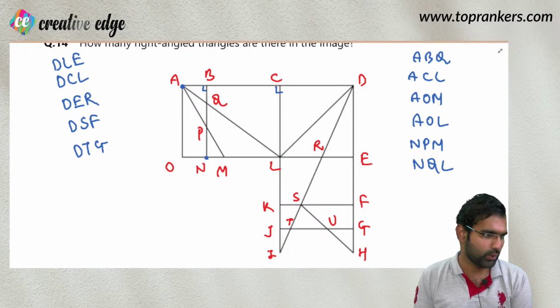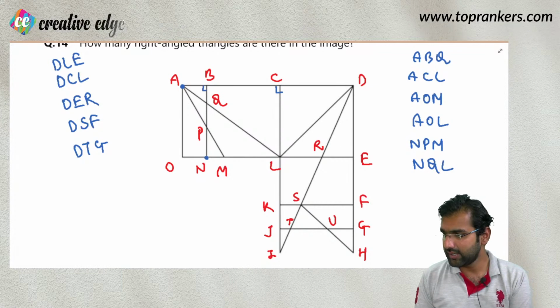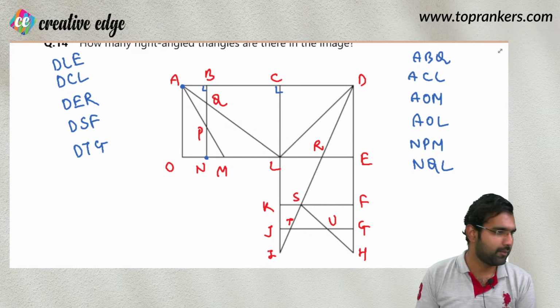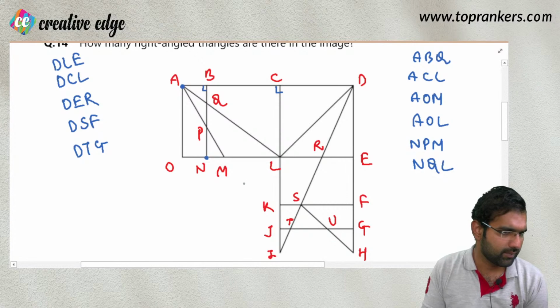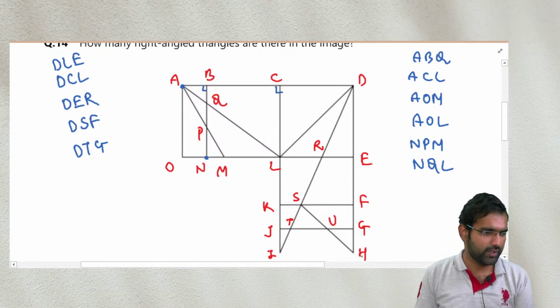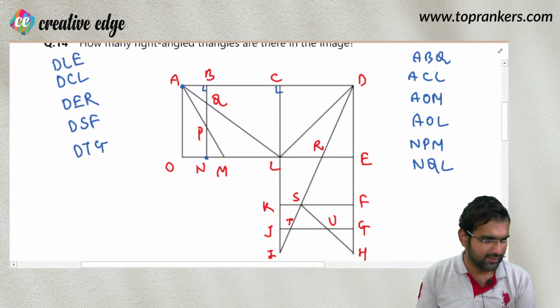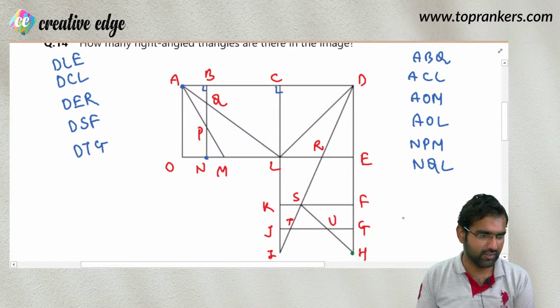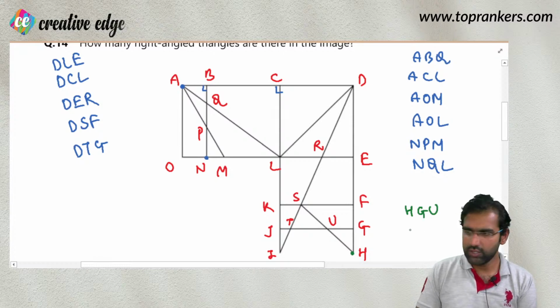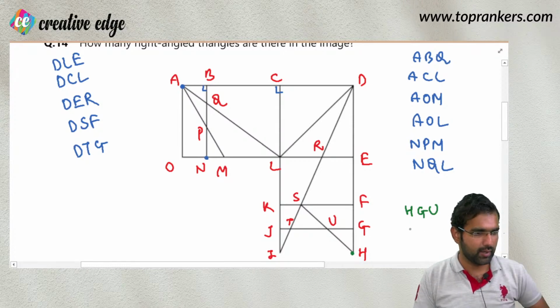With E, so let me, in case I have missed any, do write it in the chat box. With that, I'm proceeding further. Look carefully, class. Let's count it from H now. If I look from the H vertex, this is also one of the vertices which can behave as a right angle triangle. So from H, HGU should be one of the right angle triangles. Apart from HGU, another right angle triangle that I will see should be